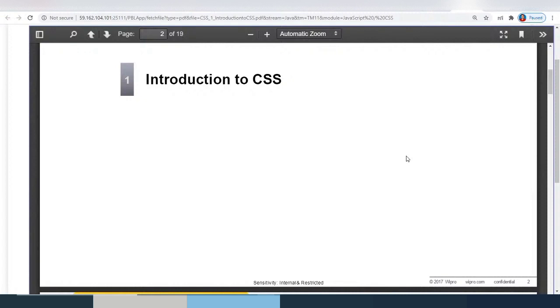And CSS extends HTML, with more than 70 style properties you can apply to your HTML tags. And as I just said, CSS1, the very first version, came in 1996, and at present we are using CSS3,